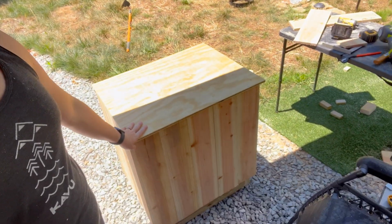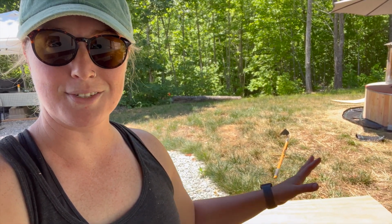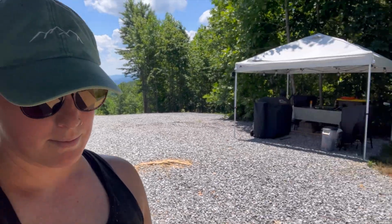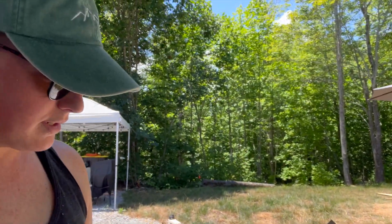I built the box. I didn't record any of it. I was just trying to find some shade to work in because it's very sunny today, which is great for the solar power, but not so great for working outside because we don't have a ton of shade up here, as you can see. But again, that's great for getting solar power. So yeah, I built it. I'll show you a video of it in a second, but